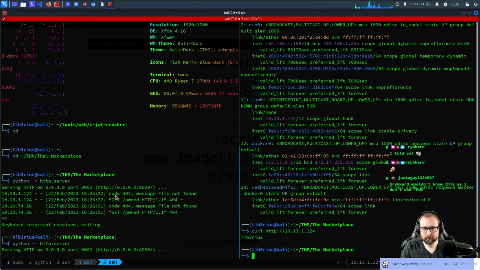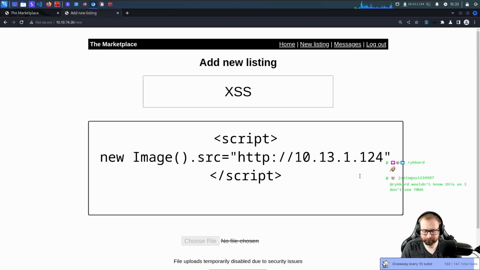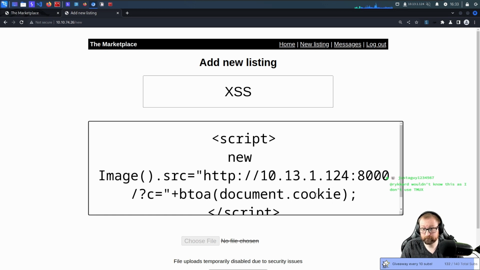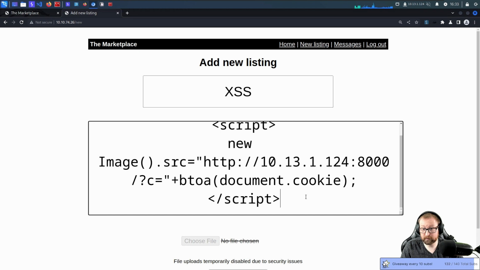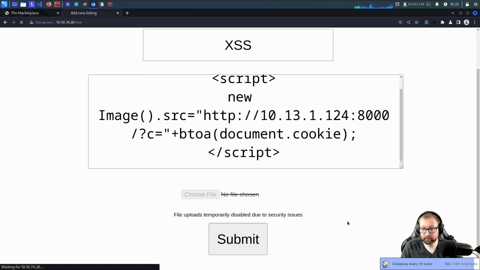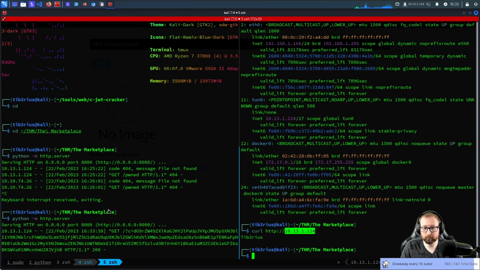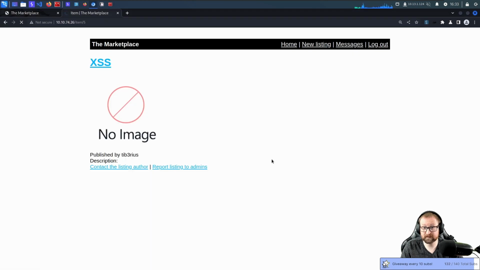Okay, so I'm going to grab my IP address here. Port 8000, and then we're going to do c equals, and then we're going to use concatenation, btoa, which is just base64 stuff, document.cookie. Okay. And what this should do is basically give us, firstly, our own. This is our own. And if I report this listing,